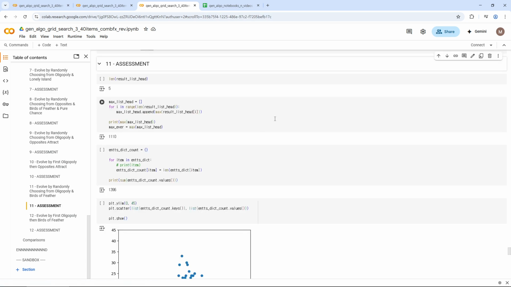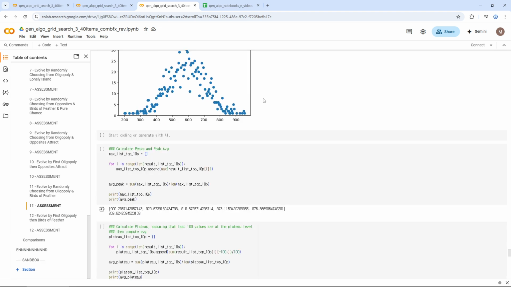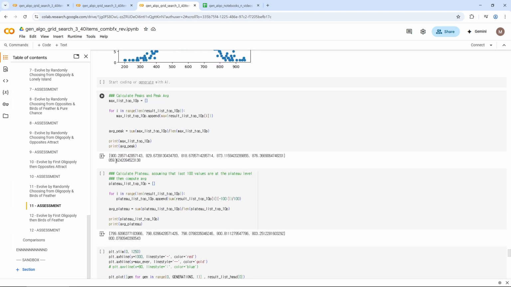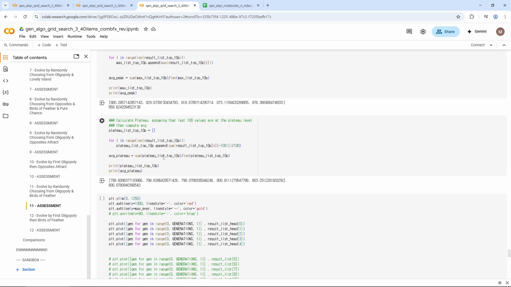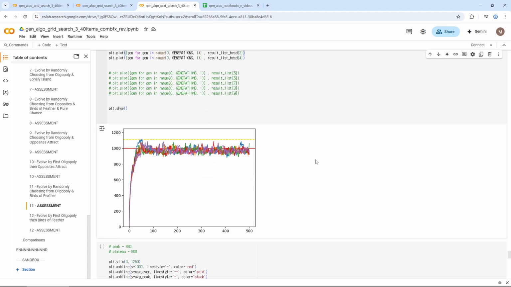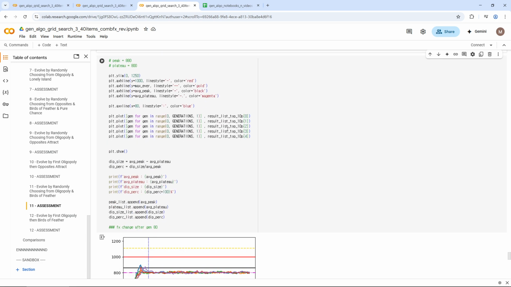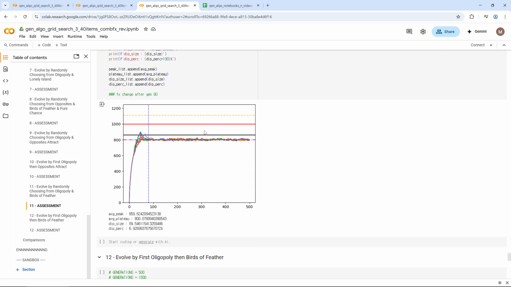And the result is, here's the average peak, 859. Average plateau is 800, and this is for the heads. What I hoped never happened. And these are the plots for the top 10%, and we barely ever peaked. And even when that is the case, we do still have a dip, so not that great. So moving on,